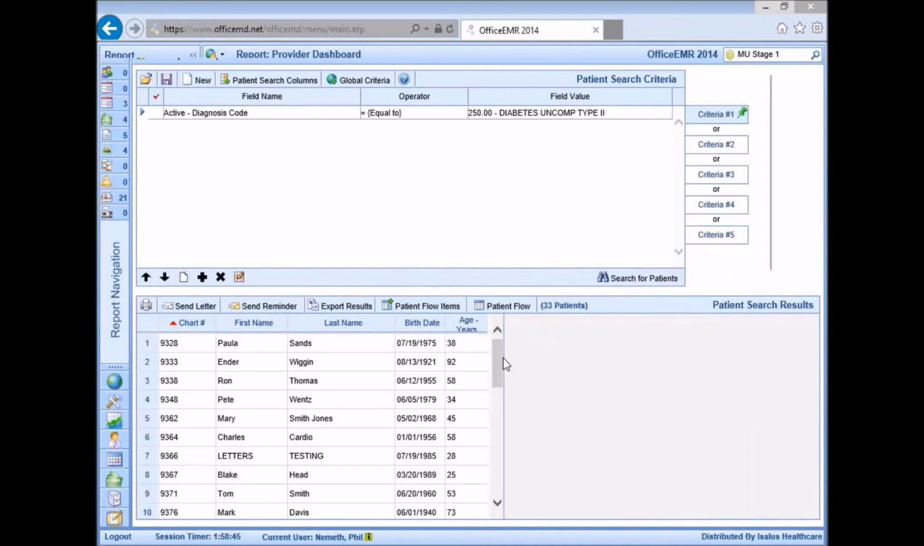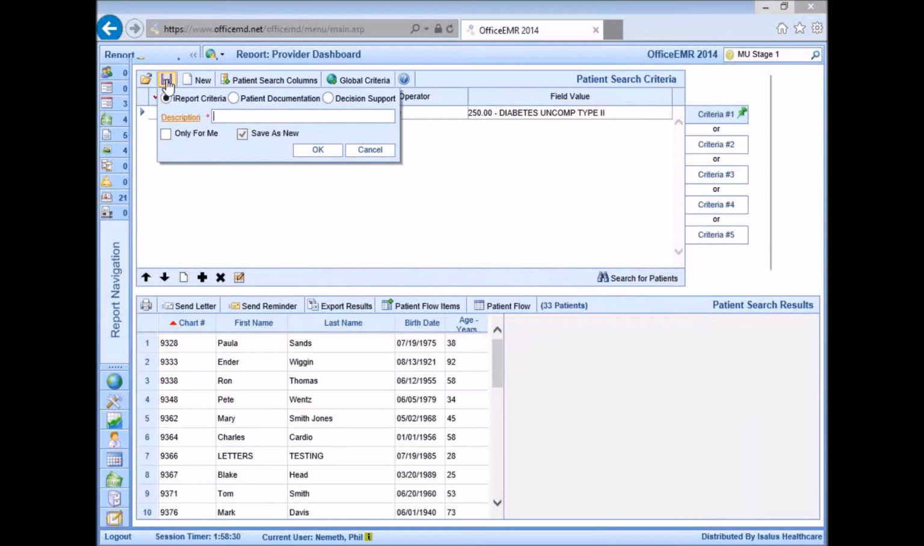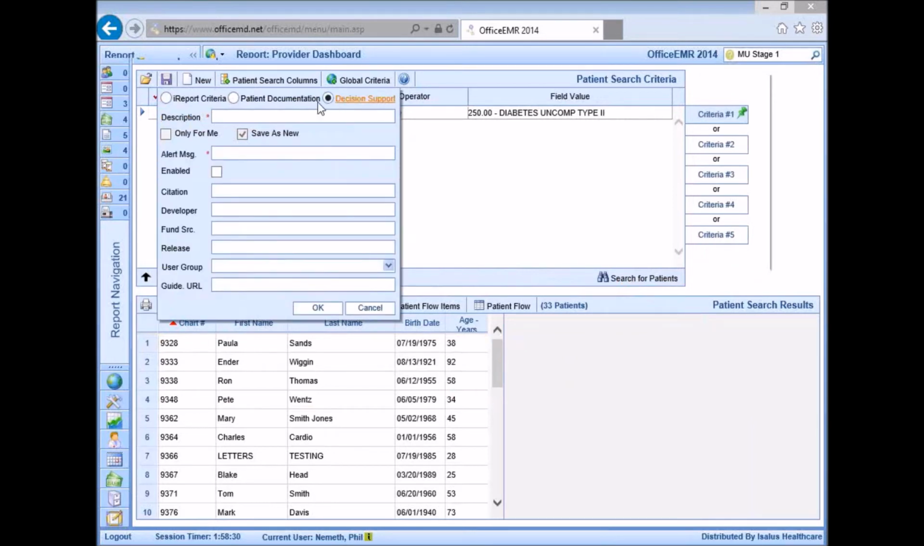From here, to save this as a clinical decision support rule, once you've run the report and see the results, you just want to click on your purple Save button here in the upper left-hand corner once. And then what you want to make sure you're doing is here across the very top, you want to make sure you select to save this as a decision support. Okay? And then from here, just give this a description. So I'll just say this is our diabetic